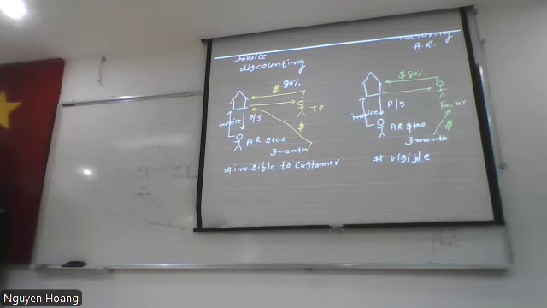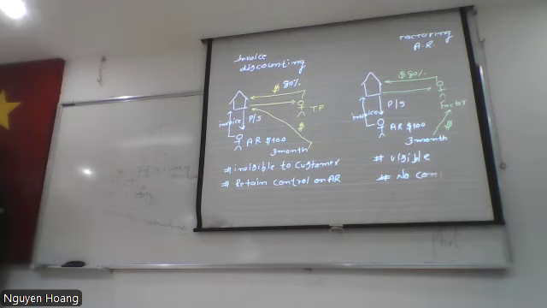Second point, not really an issue, but a second feature or aspect: the company retains control over accounts receivable. The company has control of its accounts receivable, but here, no control. They have control, no control, right? Another reason could be